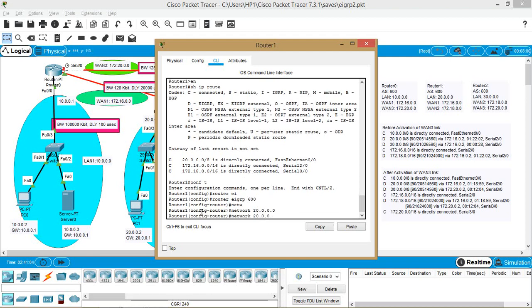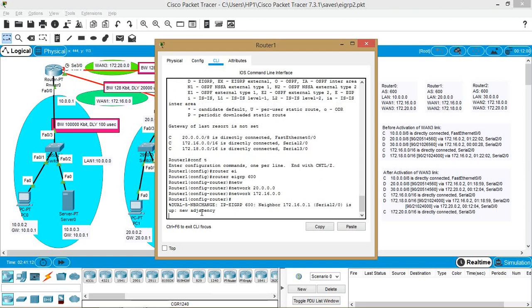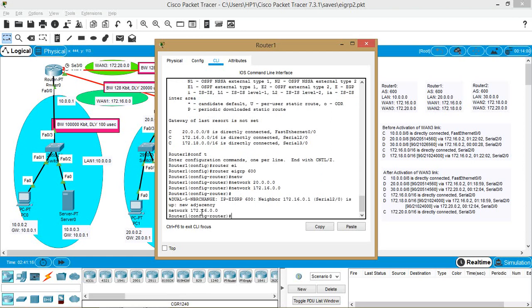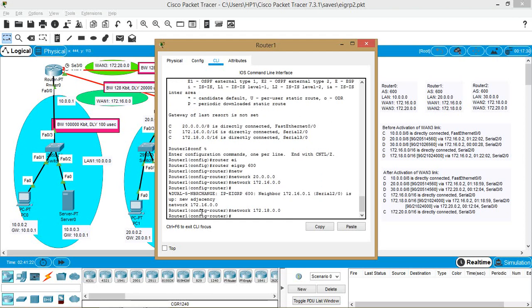The second network on this router which is directly connected is 172.16.0.0, and the third network is 172.18.0.0.